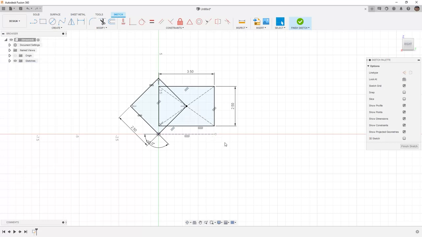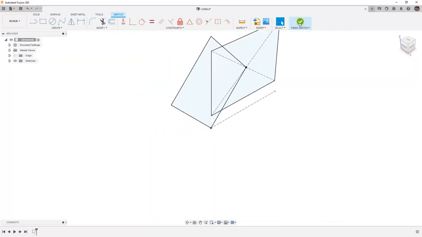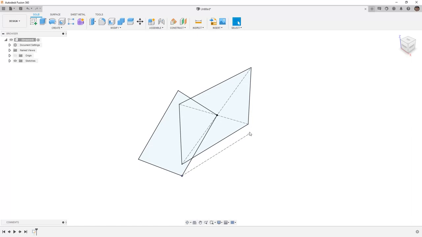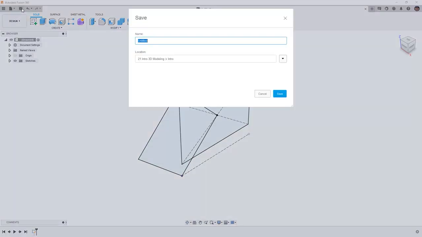So there are many different ways that we can create these sketches, and through practice, you'll begin to understand what some of the implications of creating these sketch elements are going to be. For right now, however, let's finish this sketch. Let's bring it back into the middle of the screen, and let's save the design. It's automatically going to go into my Intro to 3D Modeling and to my Intro subfolder, but if yours is